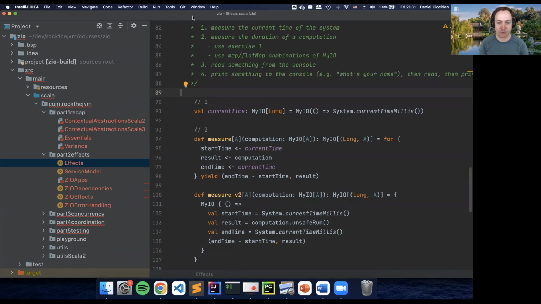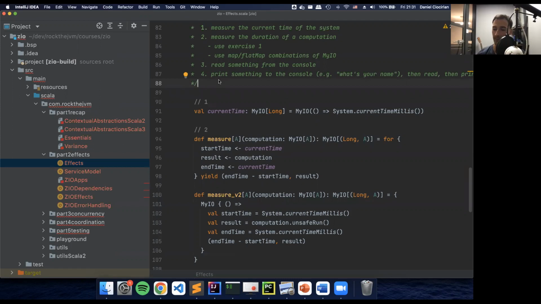I also got a question of, can we expect to see any other ZIO courses in the future? Yes, at the moment I'm building more. The goal of Rock the JVM is to essentially cover the entire Scala space, and for ZIO in particular, I would like to have some sort of bigger project that people would start from scratch, something they would really deploy to their own website, something that they would use.